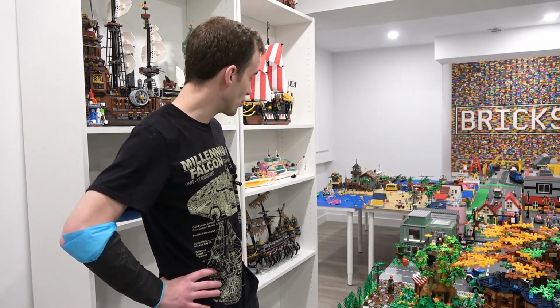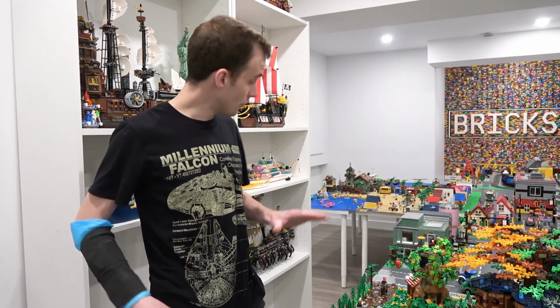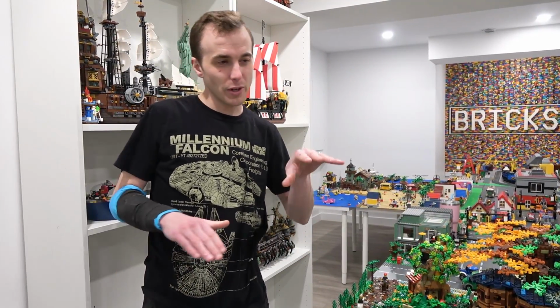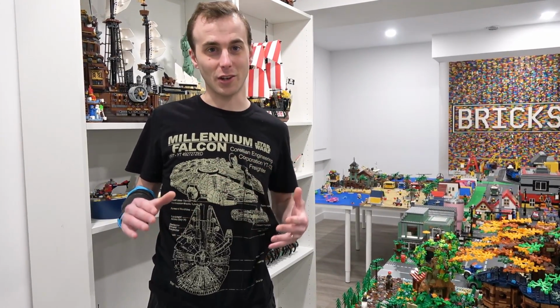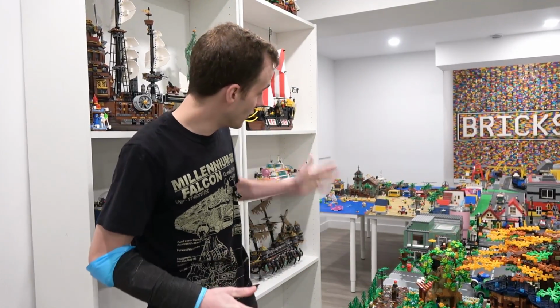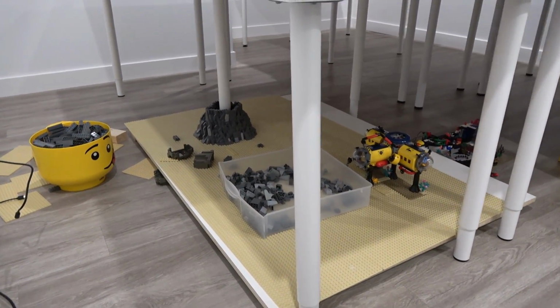And I'm going to head into the garage, see if I have any spare melamine that I can create a little platform for the underwater area. So yeah, we're sort of going to be working on different tasks, and they're going to have different roles, and it's going to be a great little cooperative effort here to improve the beach area. So let's get started. Well, I've been working underneath the table here on the deep sea area,